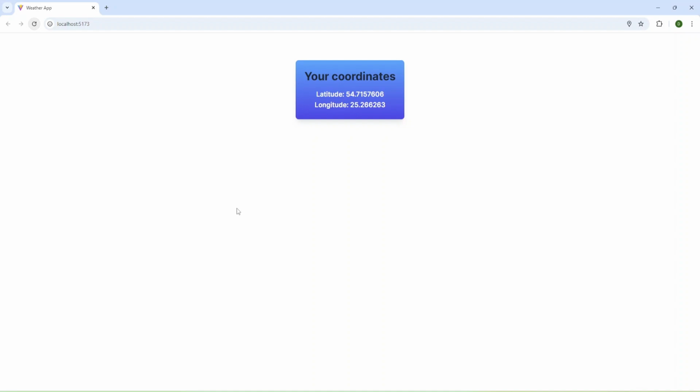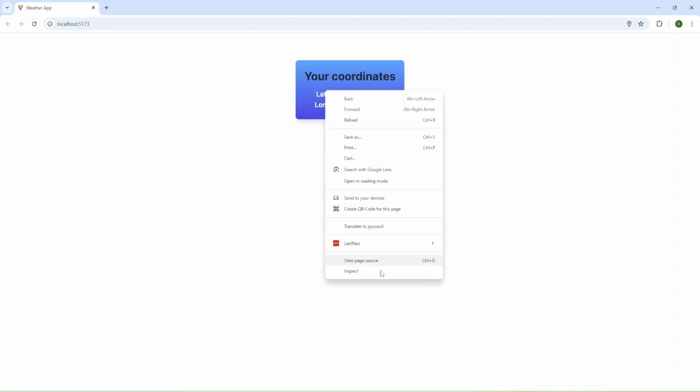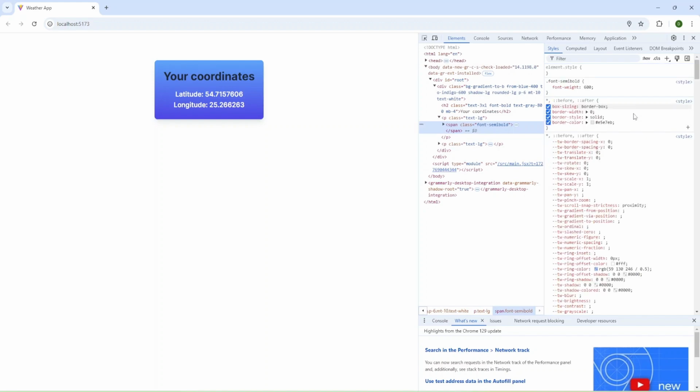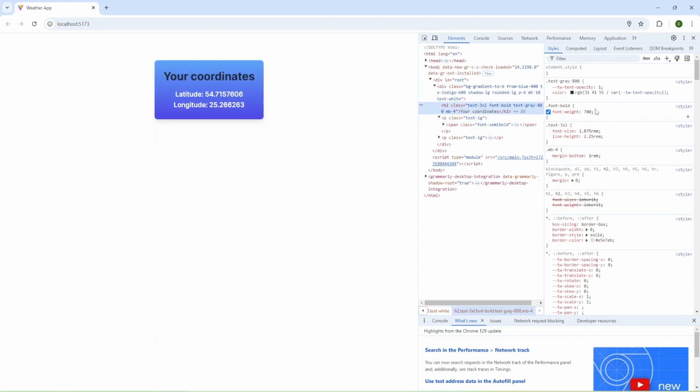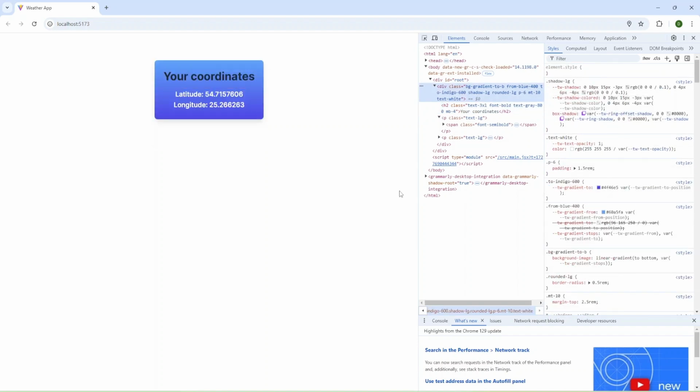Okay, it's looking good so far, and let's do the final testing. I'm going to refresh the page, and also we can check the CSS styles that we applied with Tailwind, and we can check the actual size or probably colors.